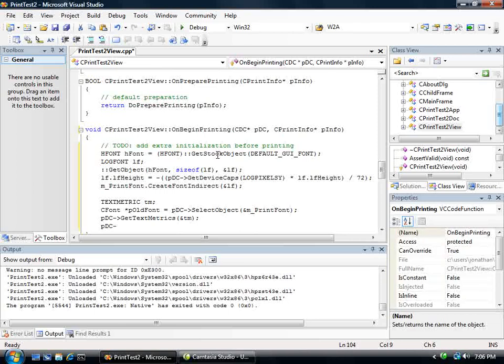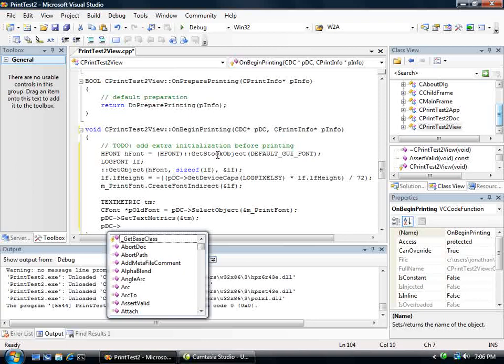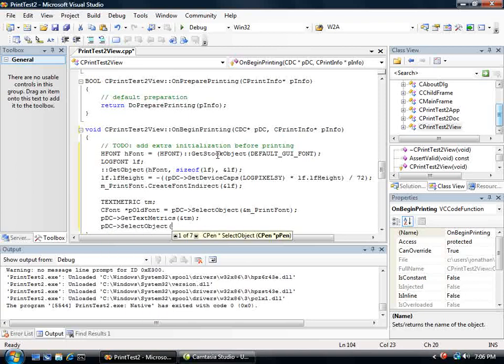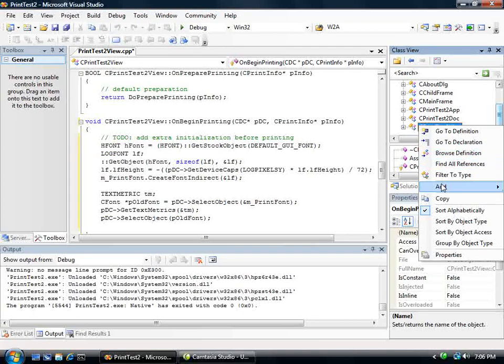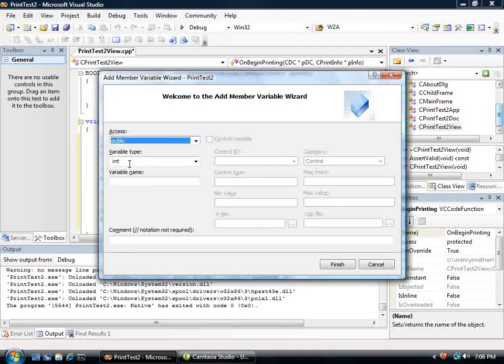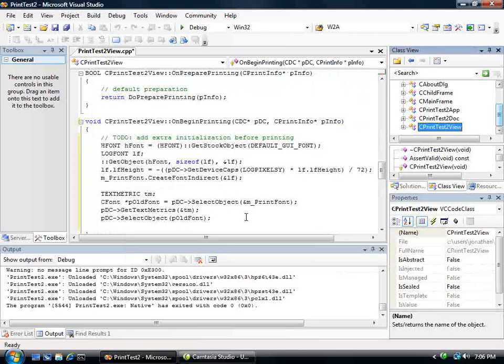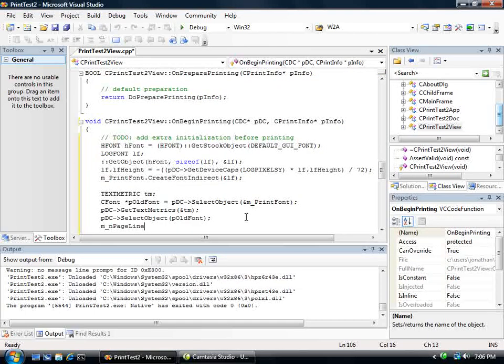And we're through with it. At that point we can go ahead and select the old font in. And we're going to add another variable to track the number of lines per page. And that'll just be an integer. Call it m_nPageLines. And we'll set that to